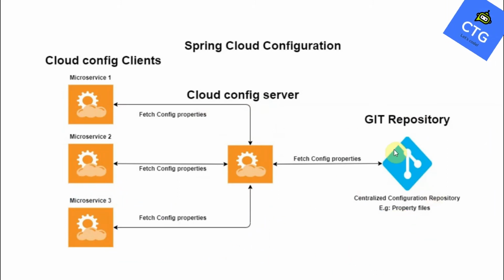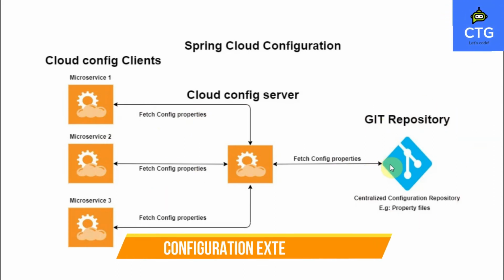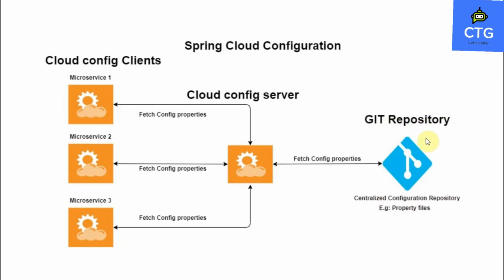Meaning, let's say we have three microservices, each having its own configuration, for example property 1, property 2, property 3. Now they are thinking of maintaining all these property files in a centralized repository, for example in the cloud. So basically Git is a cloud repository, right? They are planning to move all the configuration to the Git repository. So now they have moved, and all the property files are stored in the Git repository. Now they want to read all the configuration from the Git repository.